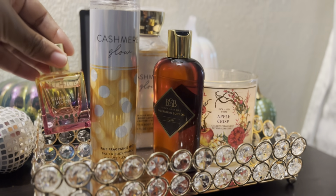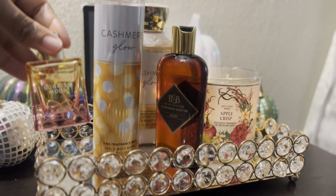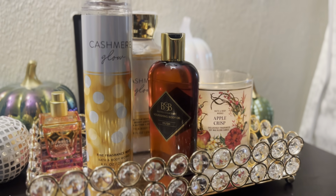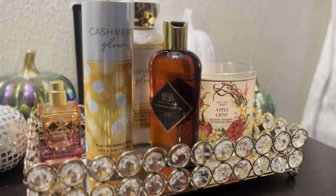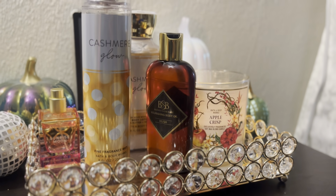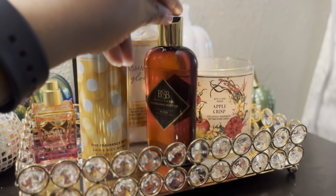Sunrise Moon is by Pacifica. This one has peach, mandarin, and cardamom. So in my opinion, cardamom goes so well with musk. I think that when you add the musk, that nuttiness of the cardamom and the musk, which musk kind of has that smoothness, but it has depth. And then if we're going to add some peach with it and some vanilla, let's go ahead and add this